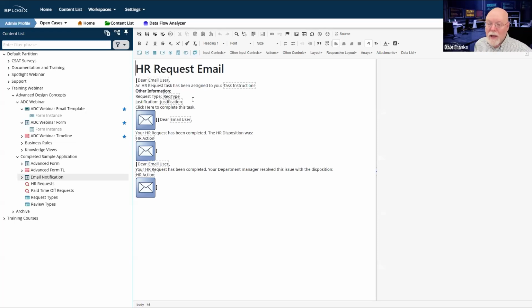Now, if I'm going to do that, I don't really need to give them this other information, but you know what? It's not a bad idea to give that information to them in the email anyway, so that they have an idea of what it is that they're looking at just by opening up the email. Maybe that will give them all the information they need to make a decision. Then they can just open up the form and make the determination on the form.